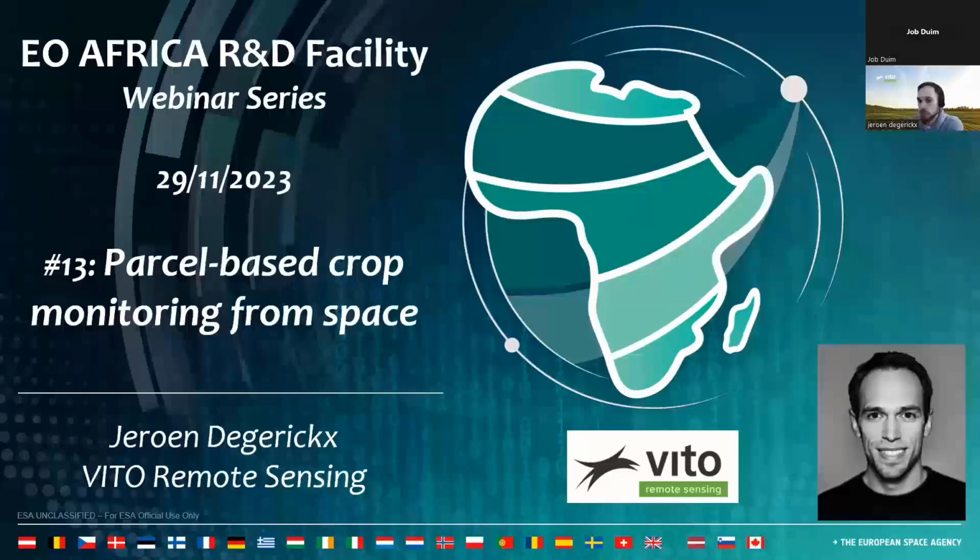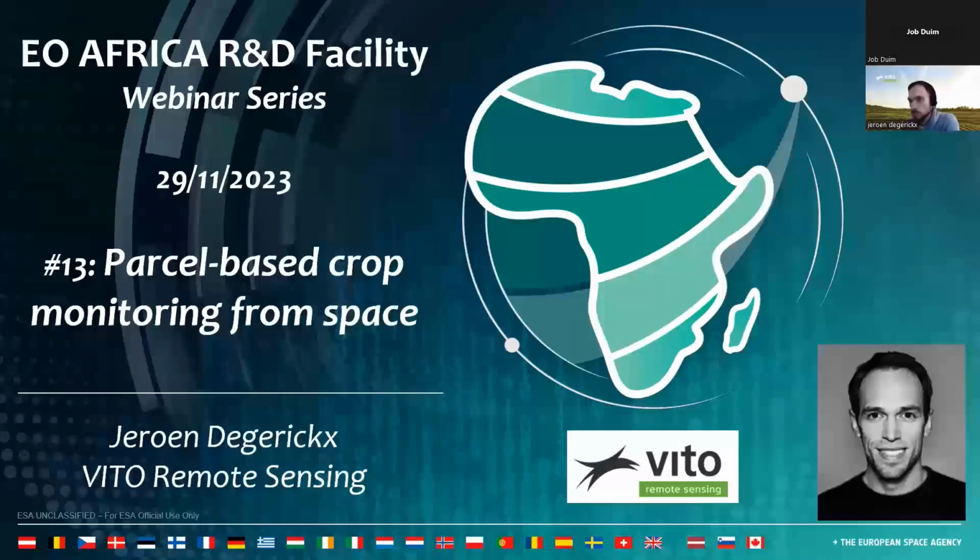Maybe first a brief introduction about myself. So my name is Jeroen Degeriks. I work at Vito Remote Sensing, which is a research institute located in Belgium. In our remote sensing unit, we are dealing with all aspects of Earth observation, going from satellite development, sensor development, all the way up to applications. And I myself am part of the agricultural applications team at Vito Remote Sensing. So my job is actually to